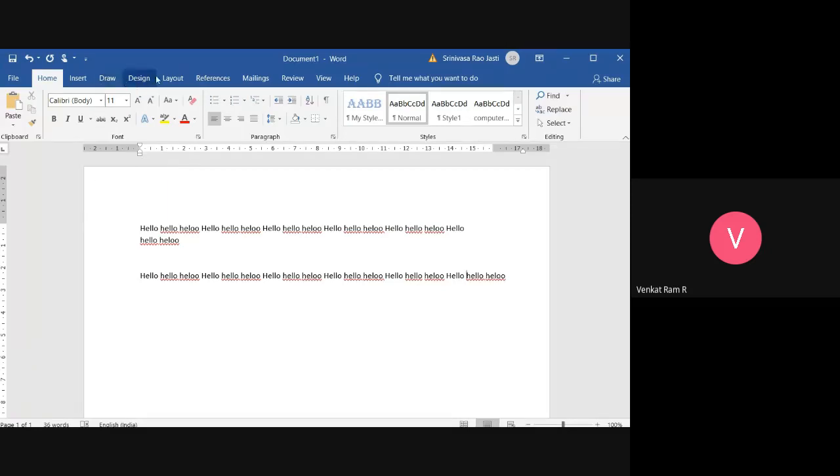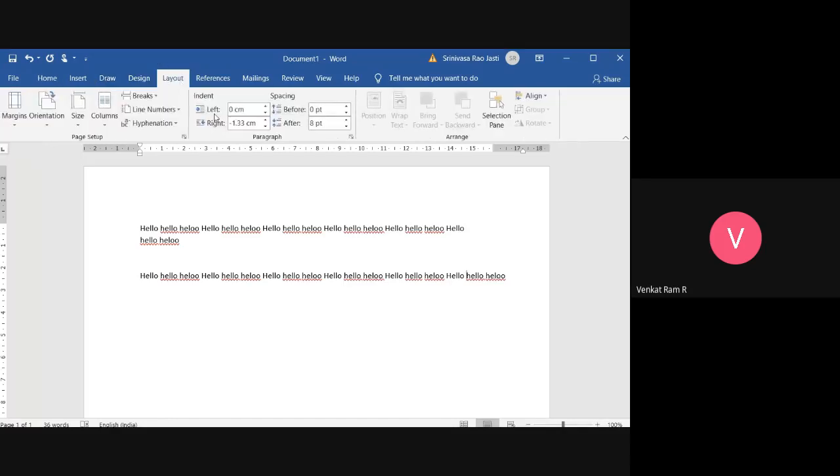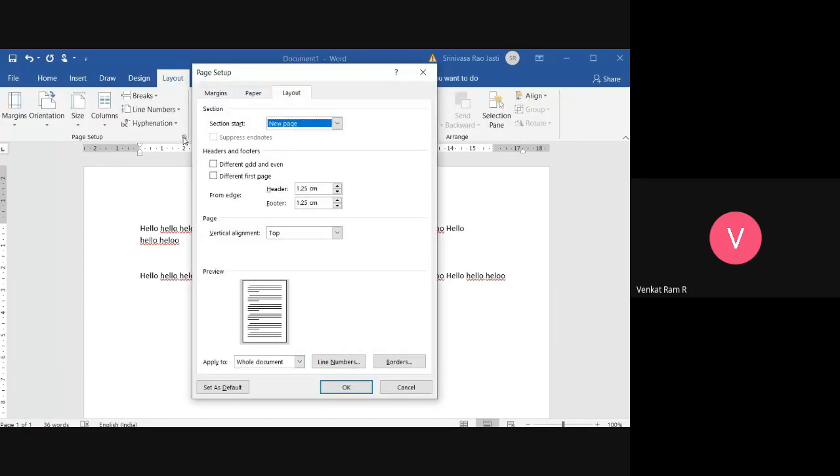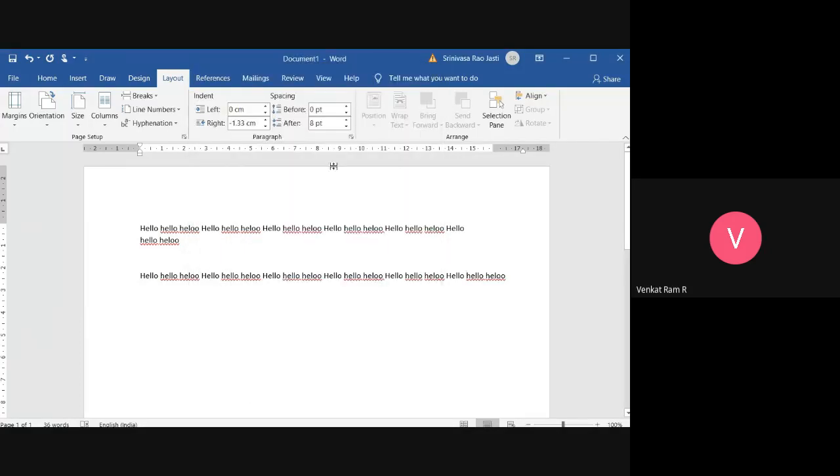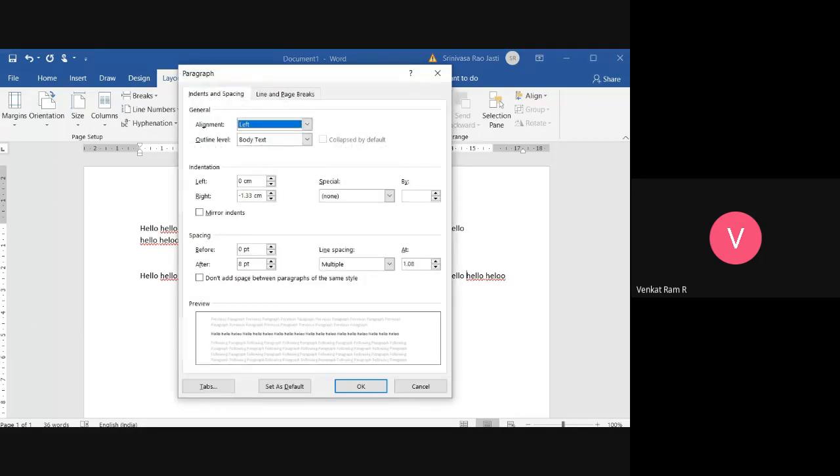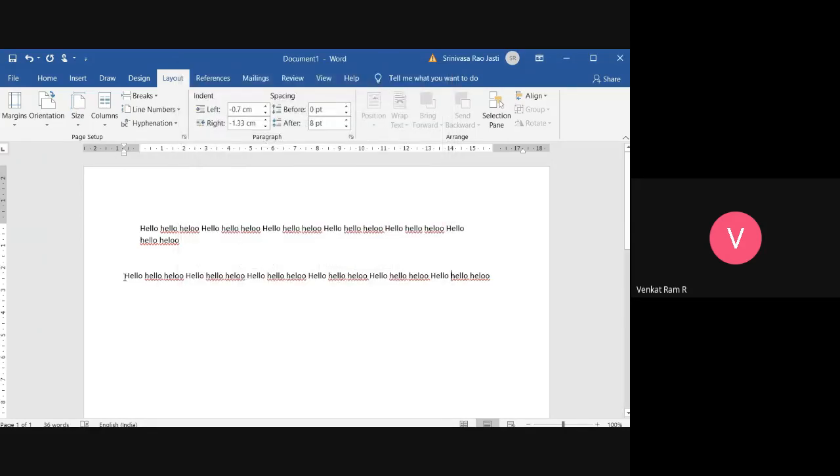How do you know that? Go to layout tab, click on this corner. See here, the value in the indentation on the right is minus 1.33 centimeters. Wherever it starts, it is 0. If I want a negative value, just select it so that it will start from the margin. Are you people able to see?